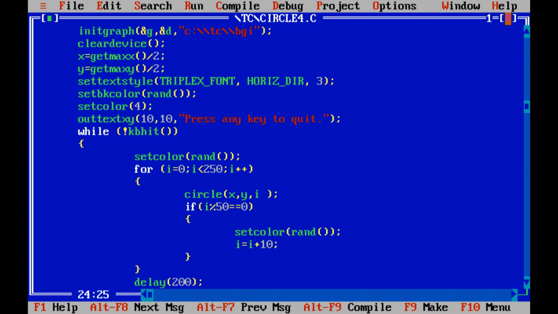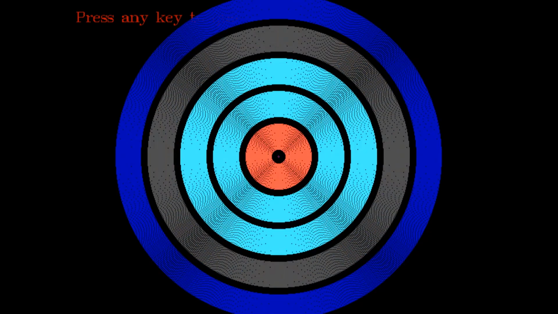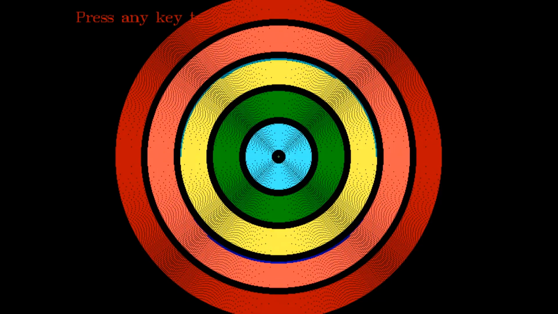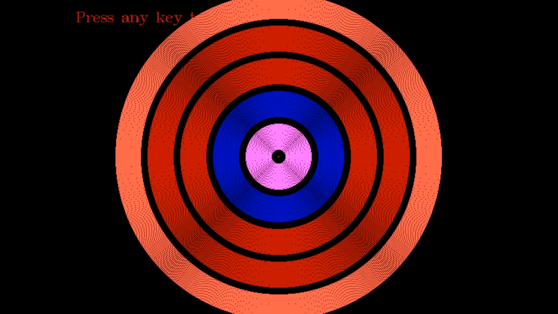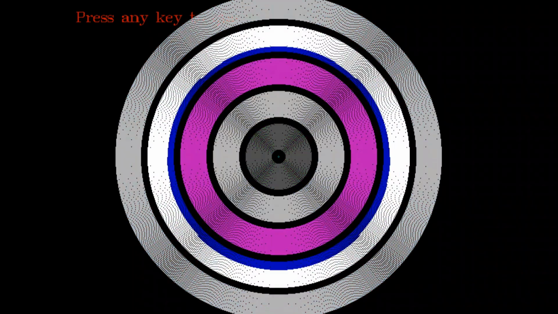Now we have a function circle that is printing the circle at a location x and y with an increasing radius, so that the circle seems to be growing in size. And whenever we have printed 50 consecutive circles, we change the color. Just have a look again. Now you will be able to understand that there are different colors after 50 consecutive circles.